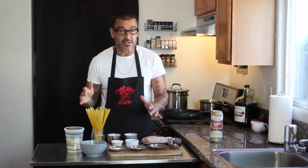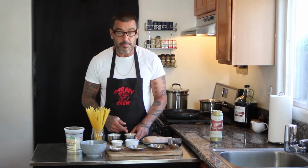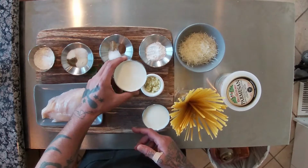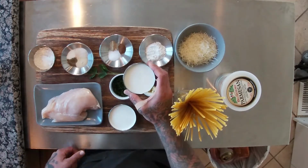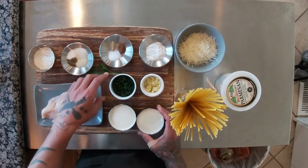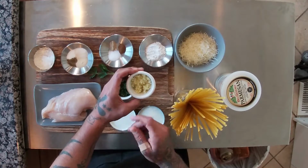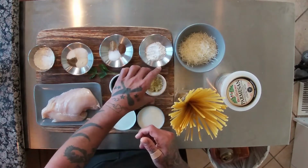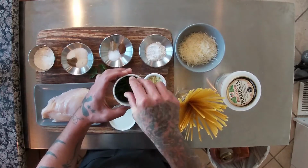For your Alfredo sauce, the ingredients you're going to need: 1 cup of heavy cream. You're going to need 1 cup of milk. I'm using 2% milk here. You're going to need 4 cloves of garlic, minced, like that. Ooh, it's nice. And you're going to need 2 tablespoons